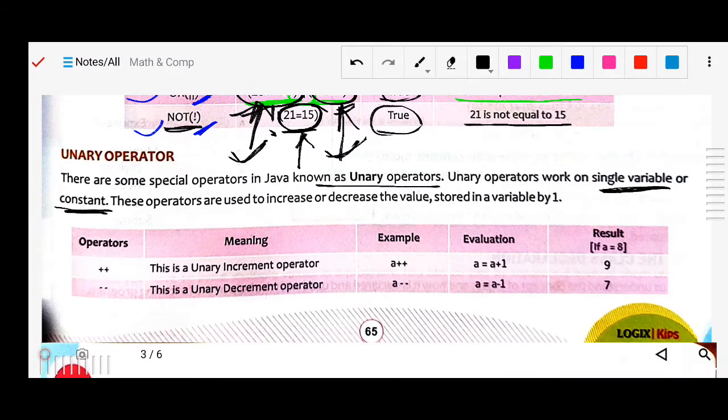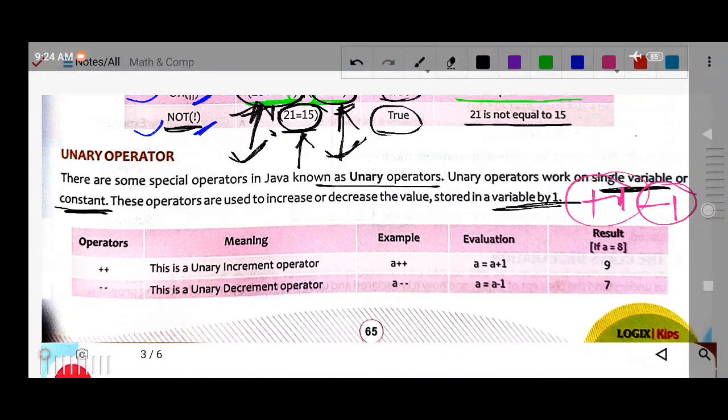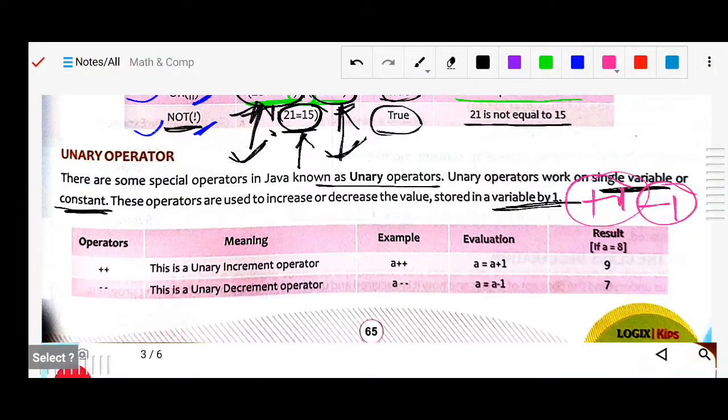These operators are used to increase or decrease the value stored in a variable by 1, either plus 1 or minus 1. So one step it will be increased or one step it will be decreased.